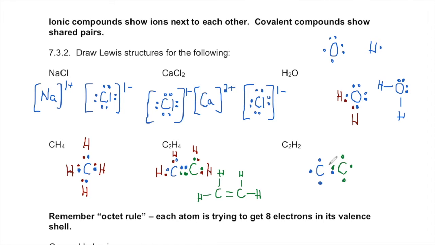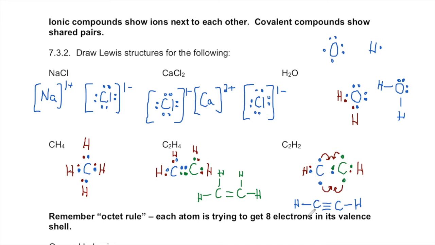Okay, let's start out with these 2 carbons, each with 4 valence electrons, and sharing 1 pair. Now I've brought in 2 hydrogens, and the hydrogens are complete. They have 2 electrons, that's all they can fit. But these carbons are not quite complete yet. They don't have 8, they each only have 6. So you can probably tell that we want to share this pair and also this pair. So I'm going to draw that as 3 shared pairs of electrons, or 6 electrons being shared between these 2